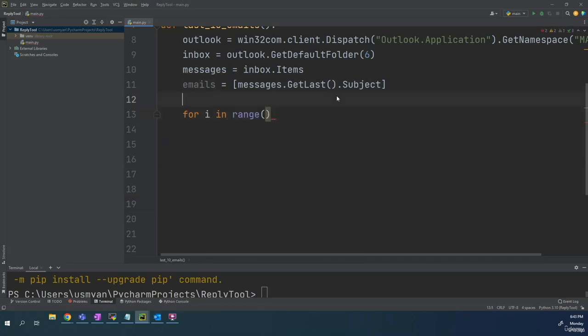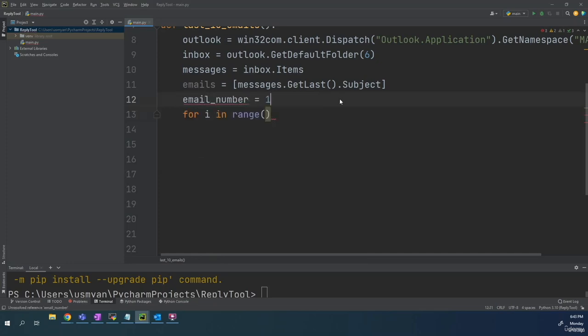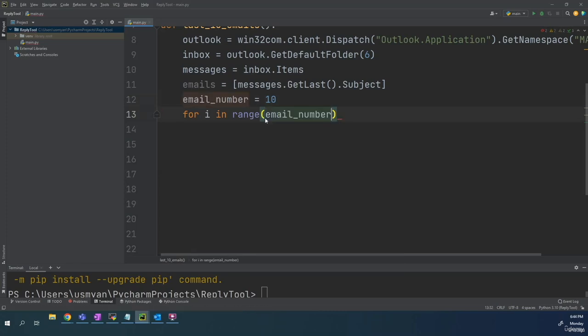Here let's specify how many emails we want to have. So let's write email_number, and let's make this equal to 10. So we want to receive 10 emails, and I'll simply do here email_number. For every number from 1 to 10, we're going to do emails.append